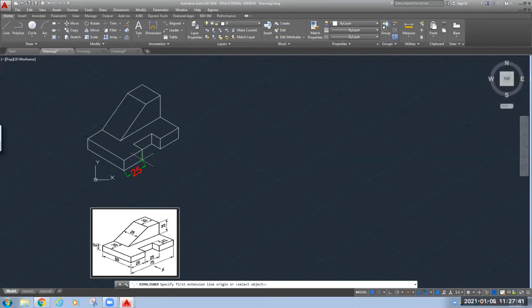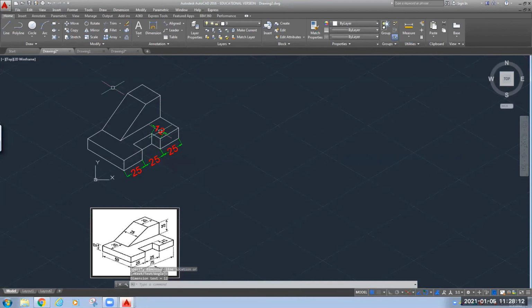Now you can give all the dimensions. One by one, we will give all the dimensions. 25, 25, 25. Now the depth of this cut is 12 that we need to show.